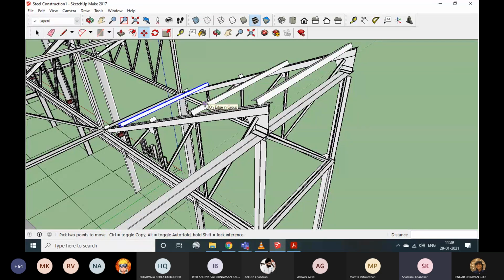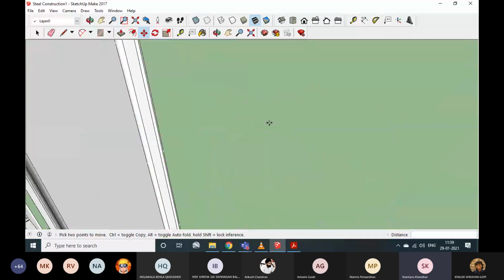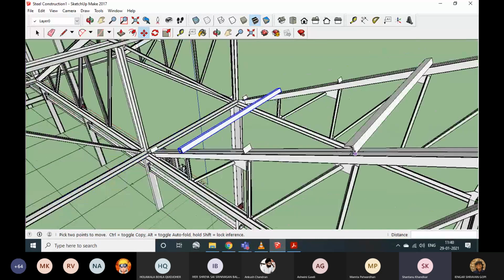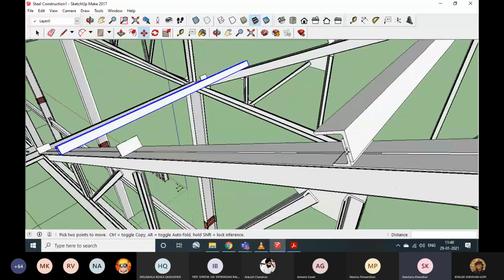But if you're using Mangalore tiles, they are small. They are like 350 length, right? So your battens or whatever is supposed to come on top of it would have to be at that kind of a short distance. So here, since we are doing an industrial building, I would probably use the AC sheets, and so the purlins can be at a distance of, say, about 2 meters or 2.1 meters from each other, and that would not be a problem at all for me.